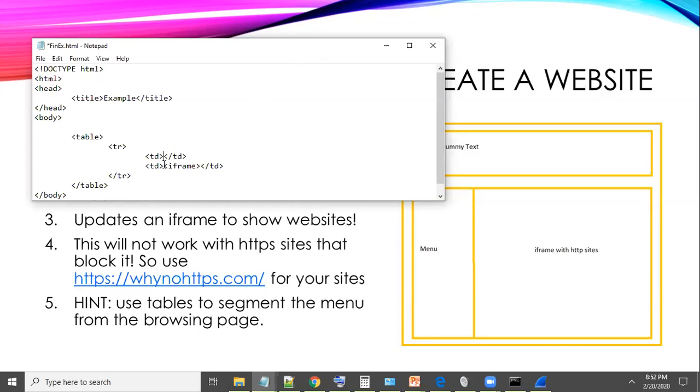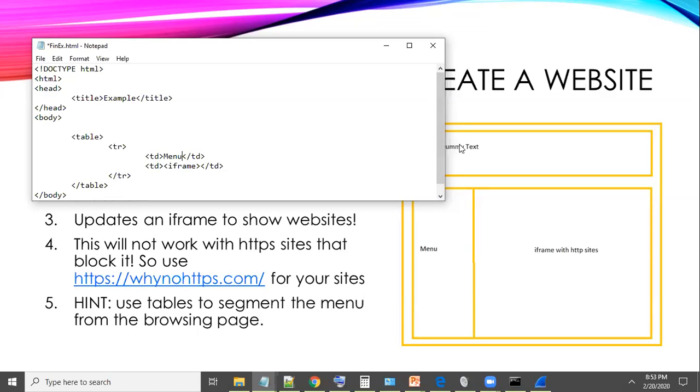So is the menu in the first column? Yep. So just trying to remember how this is structured now. Each row is a TR, and we only have one row in this particular table. Oh, yeah. And okay, so the menu would be in that first TD. So that would be where the menu would go.